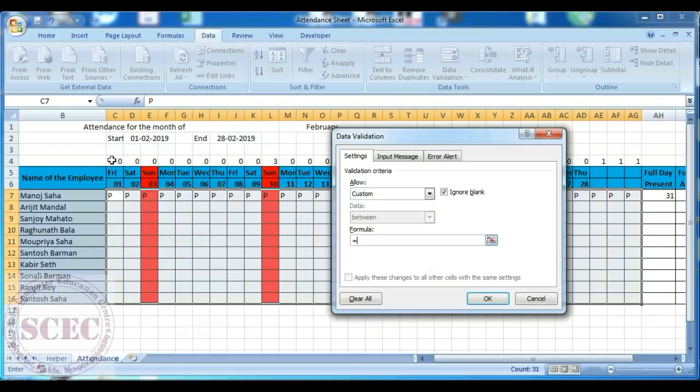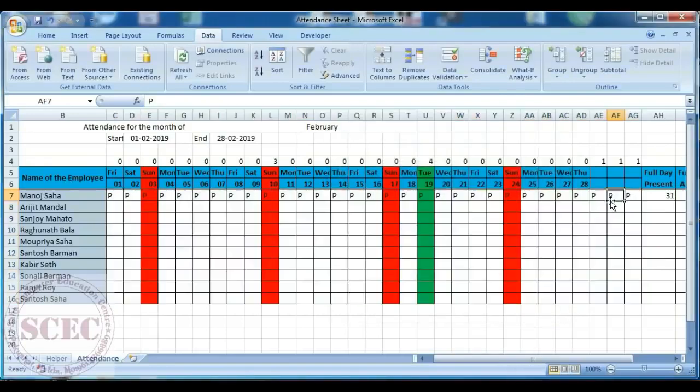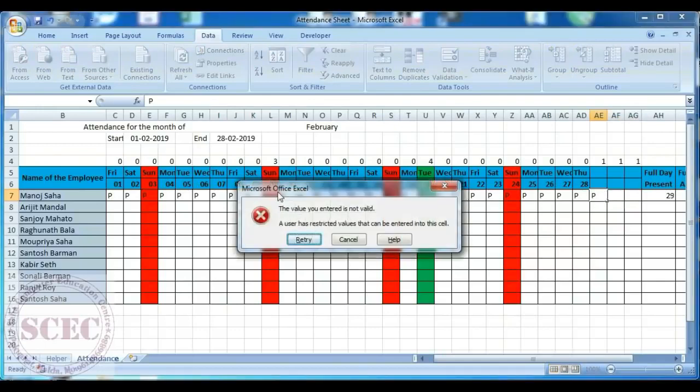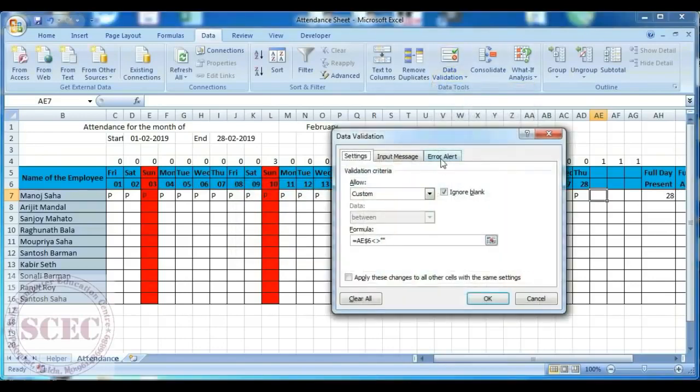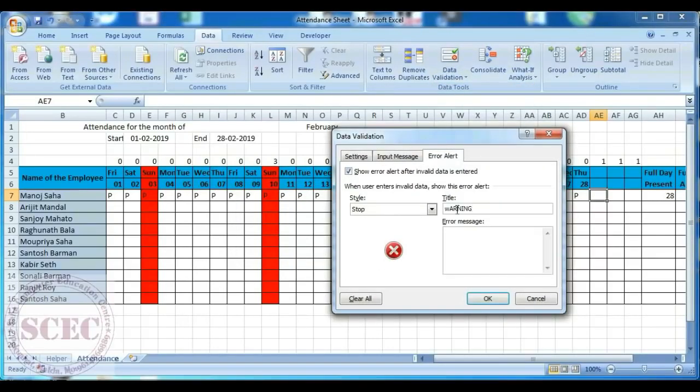That means C6, $6 less than equal to blank. Then press OK. And now see, I delete this value and try to put P again. It's showing an error, that the value you entered is not valid. Here you can also put your custom message by going to data validation and here error alert, title as warning,